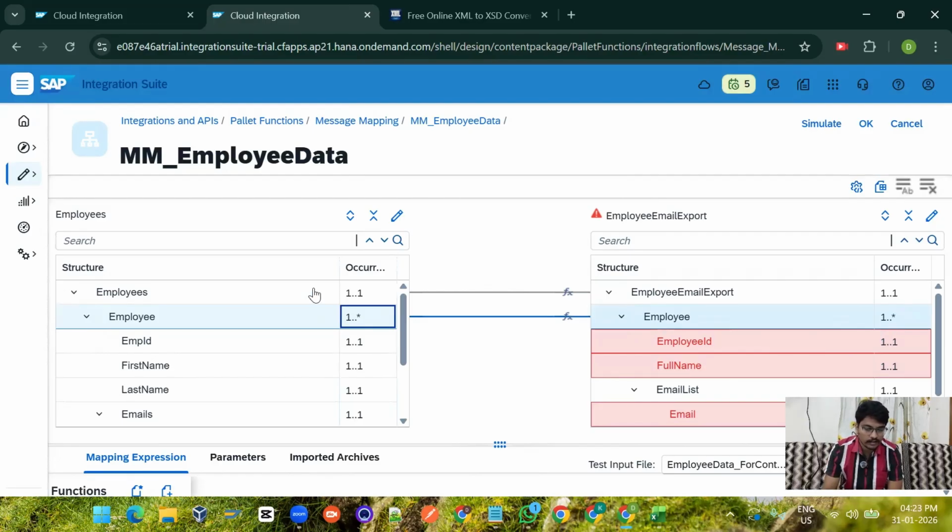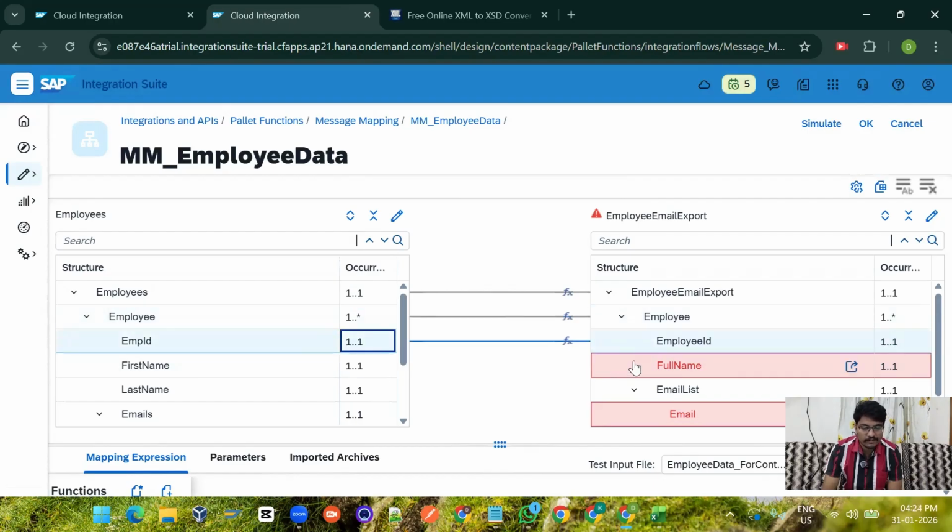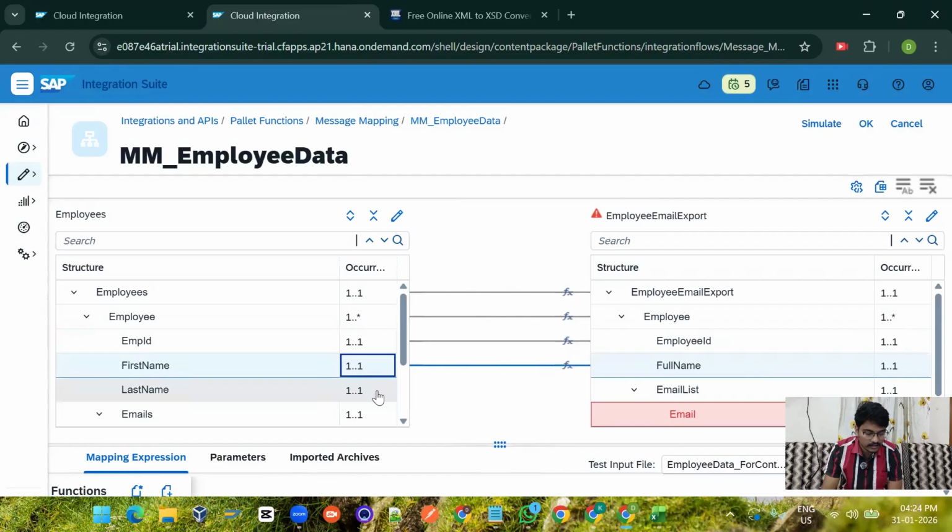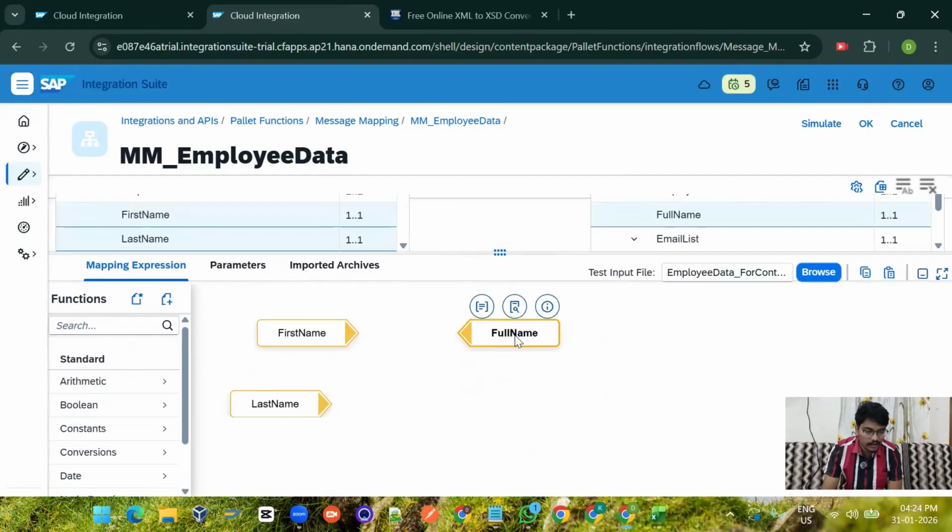Clear, right? We need to map employee ID to this employee ID, and we have a little logic here. The first name, last name, we need to concatenate for the full name. So it is pretty straightforward. We have already discussed this. I will consider these two, and we have the concat function, right? I will search for concat,